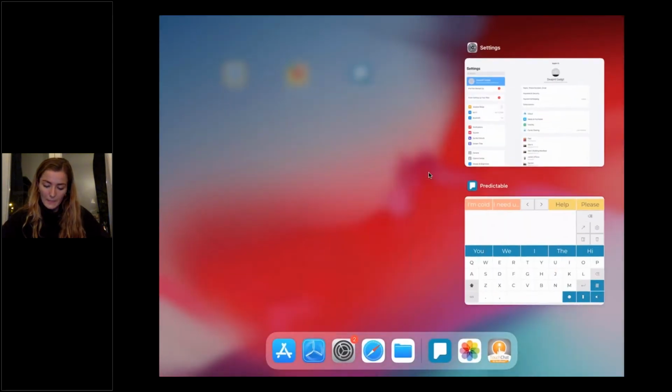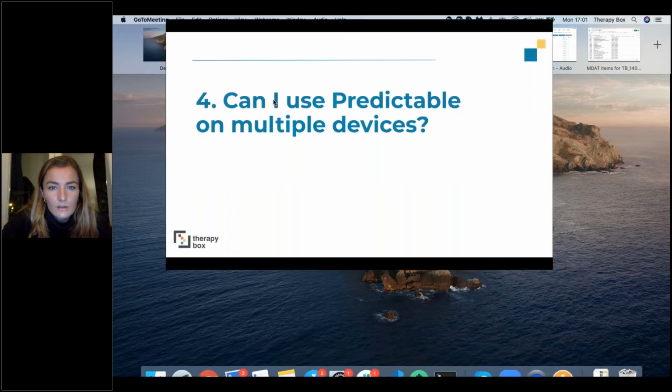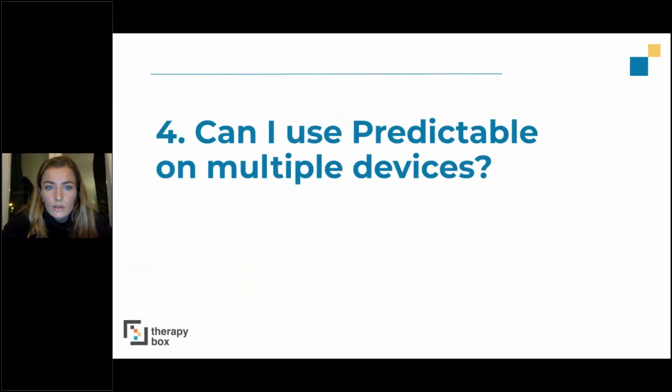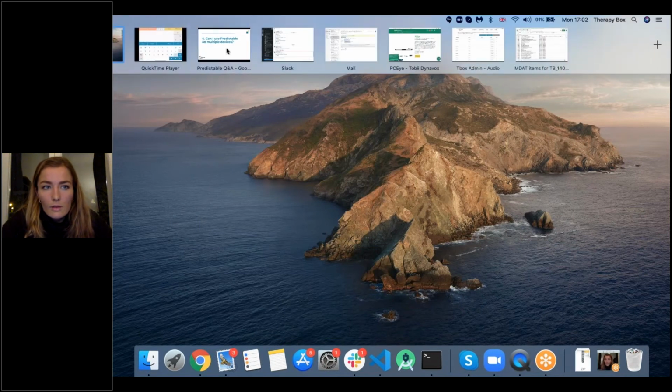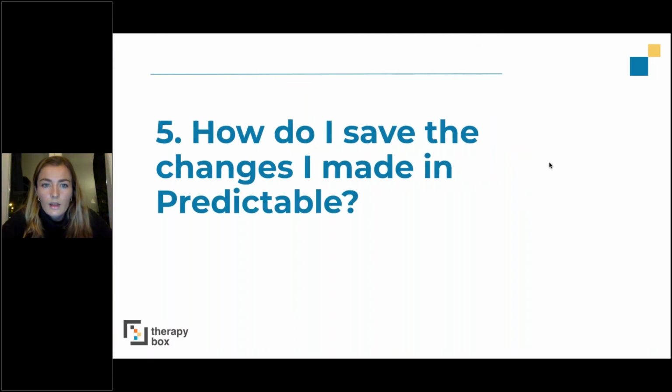So, okay, that answers the fourth question. Now, the fifth one: how do I save the changes that I made in Predictable? You don't need to create any backups. Nothing like this is needed. The only thing you need to do is connect to the Wi-Fi regularly.